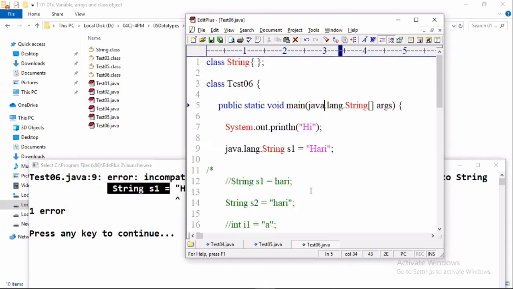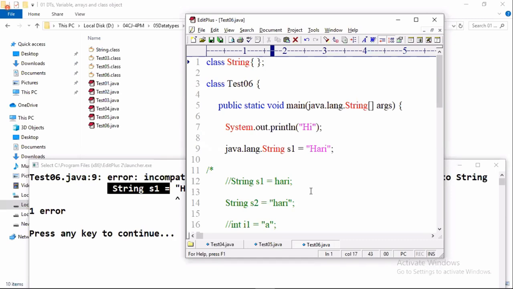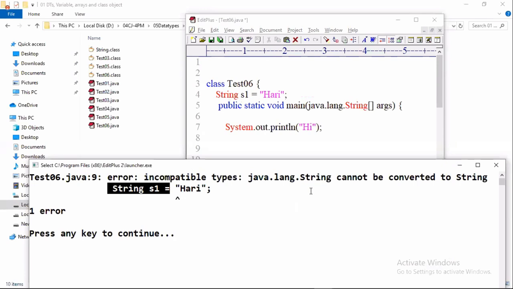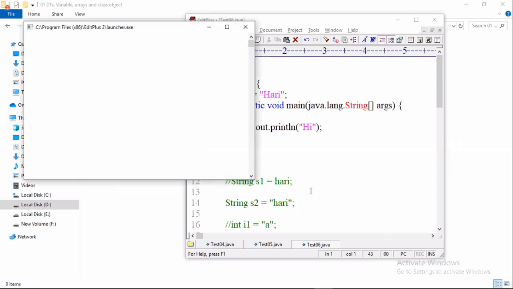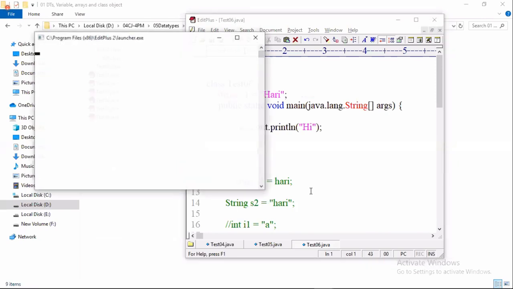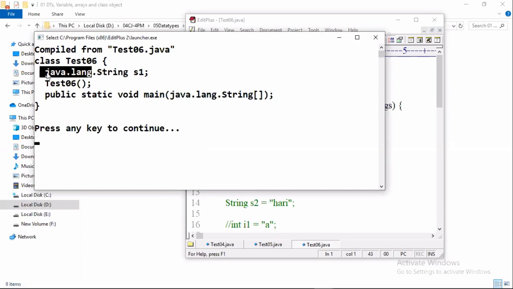Come on, start think. How many days more will you give wrong answers? Come on, start thinking correctly. Tell me. Now bringing this statement here. What I'm doing first: I'm removing this local class, removing this String.class file, coming back, compiling. Look at that, compile, then Ctrl+3, compiled successfully. Look at here, the compiler software has added java.lang. Do you understand my point? The compiler software has added java.lang implicitly.